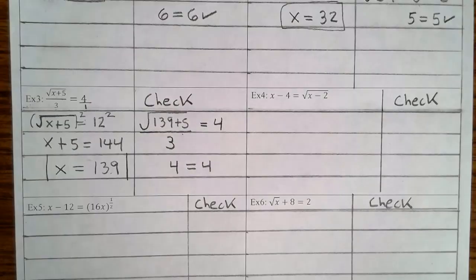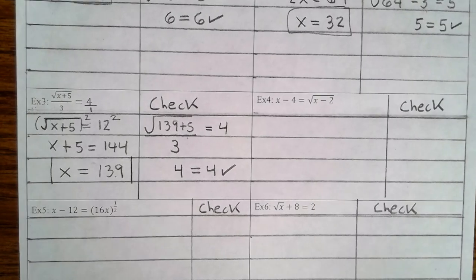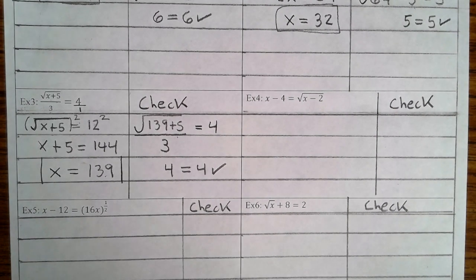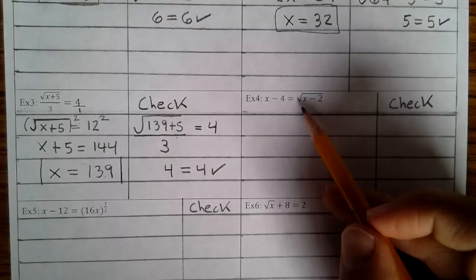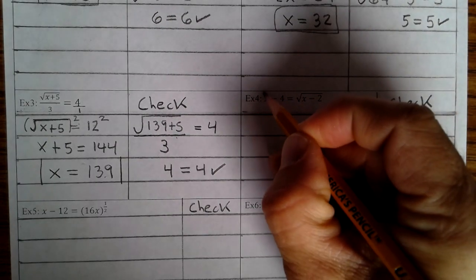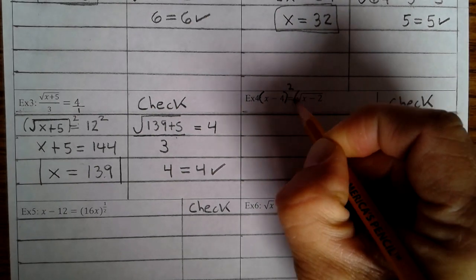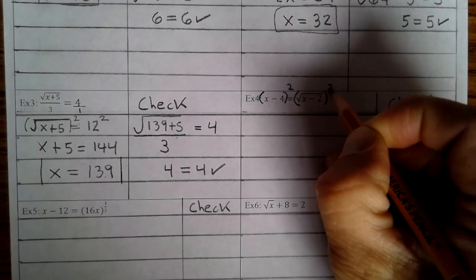Okay, let's take a look at example 4. Now, we want to isolate the square root, but there's no need to isolate it from anything. So what we need to do is square both sides. And when we square, we're going to square this and this. Now, x minus 4 squared is,